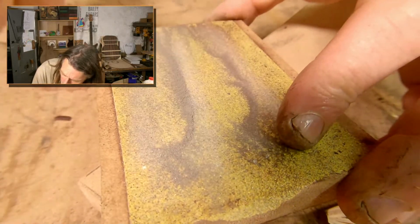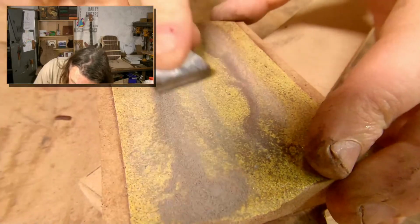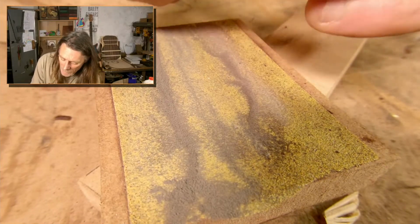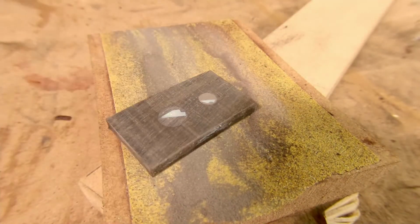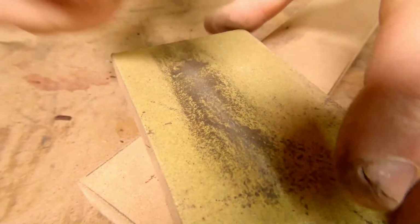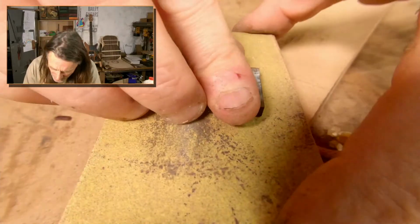Okay, and Ripped in a Towel said that the downside of a damp rag is that the spread of glue can interfere with a stain later if you don't clear it off properly. Yes, you certainly need to remove all traces of glue before you put any stain on, because it will affect the appearance for sure. Okay, so that's a very quick clean up of the inlays. You can see the outline of the original holes that I drilled there. So that's how it looks, just rough. I'll maybe just give it a...